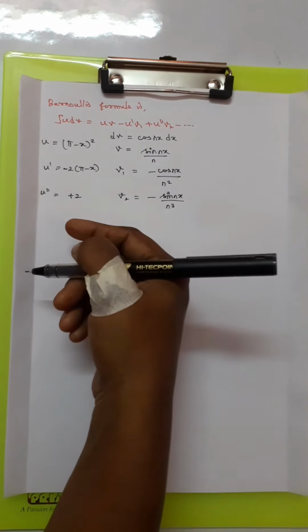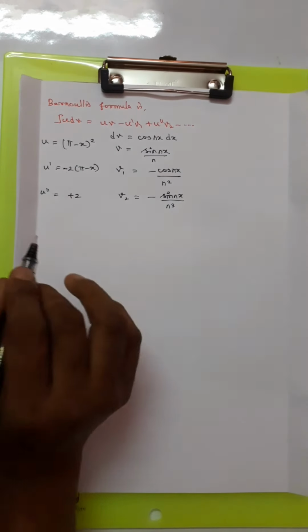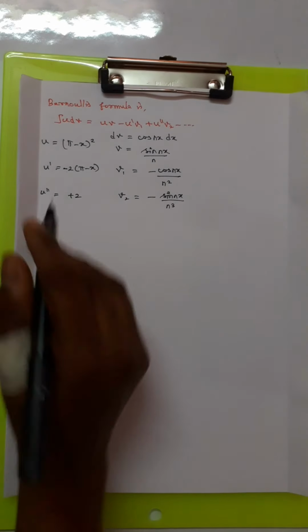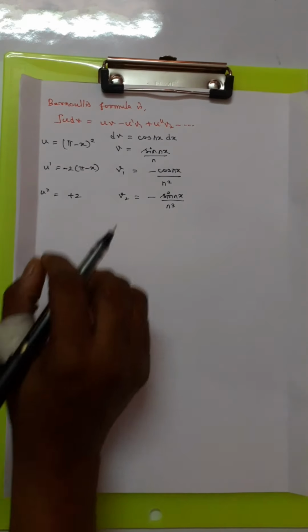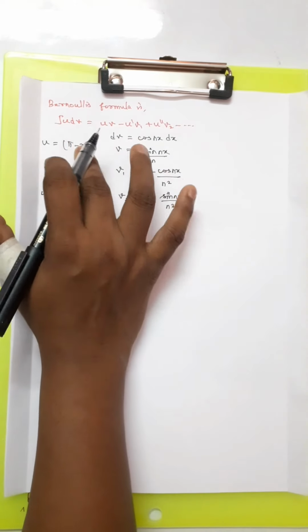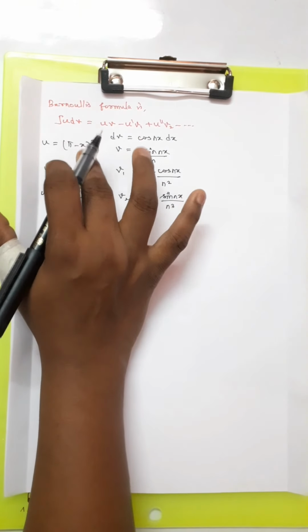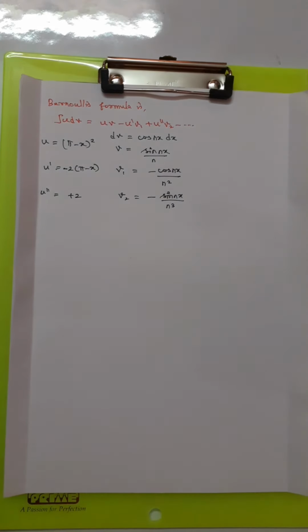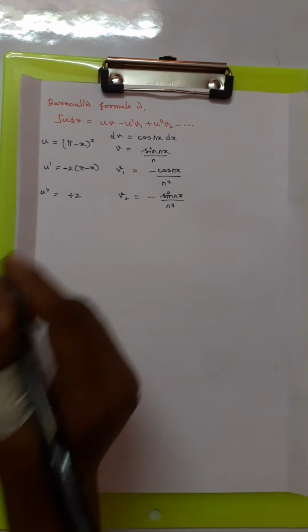Once again, if we take u triple dash, this constant becomes 0. So after that, all the differentiations become 0. That is why we stop with this. And that is why we always consider the algebraic term as u, because when we differentiate the algebraic term, after certain differentiations it becomes 0. Right. Now, an is given by